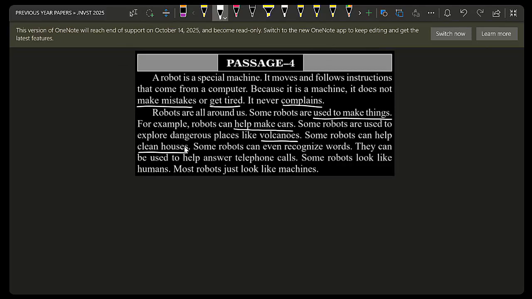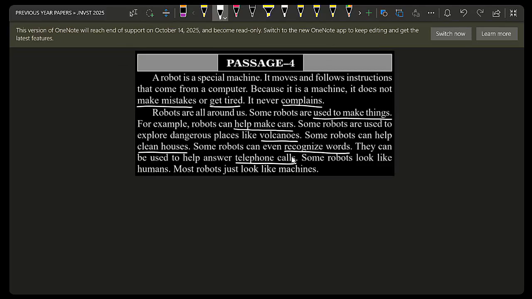Some robots can even recognize words. So how can they recognize words? In your smartphone and tab also you have a feature called read the screen. Whatever text is on the screen, they can read. So they can recognize the word. That is called optical character recognition. Whatever letters are there, they can read, and they can help answer telephone calls. If the owner is busy, they can receive the call, record it and tell the information to the owner